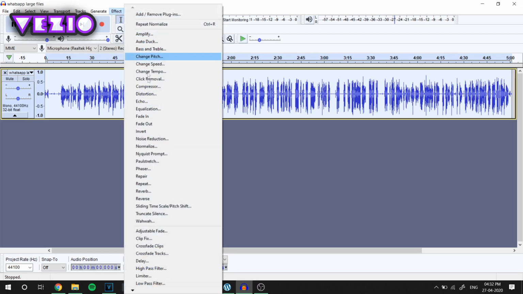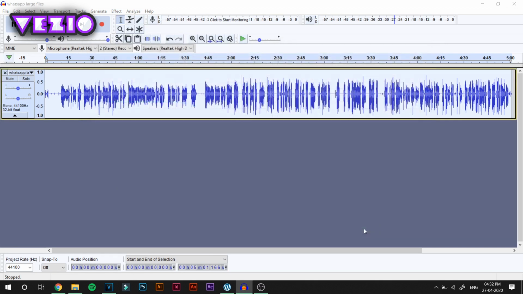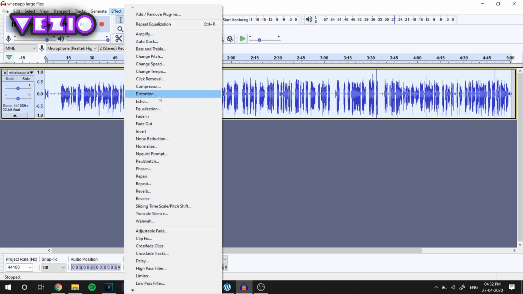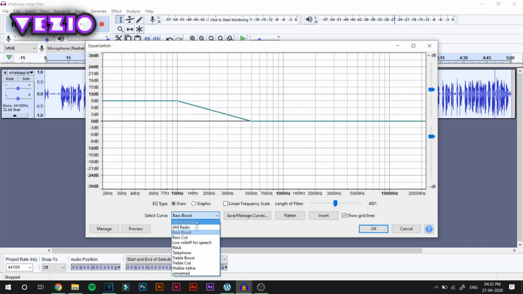Next, what I like to do is go on to effects once again, the whole audio wave being selected. Go on to effects once again, click on equalization. Select the curve as bass boost and click OK. Now once again, go on to effects, equalization and set the curve as treble boost this time and hit OK.